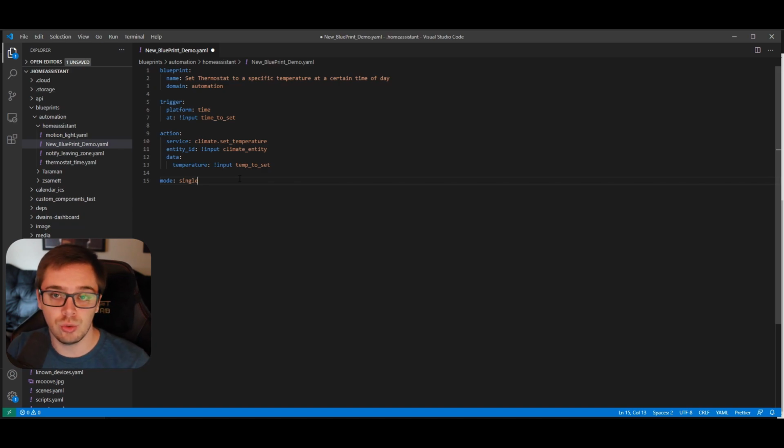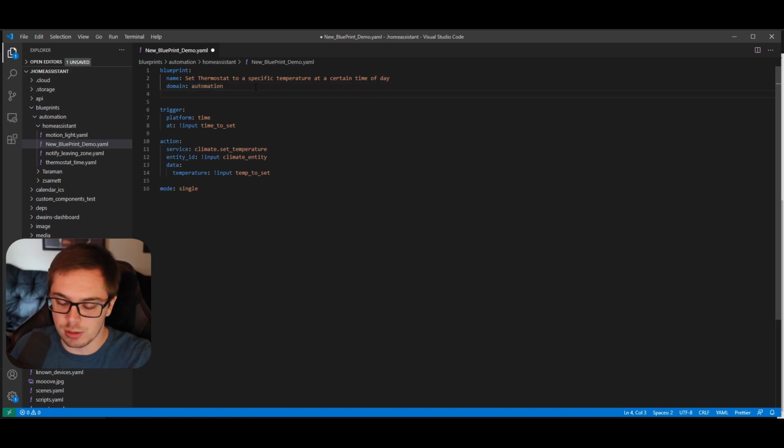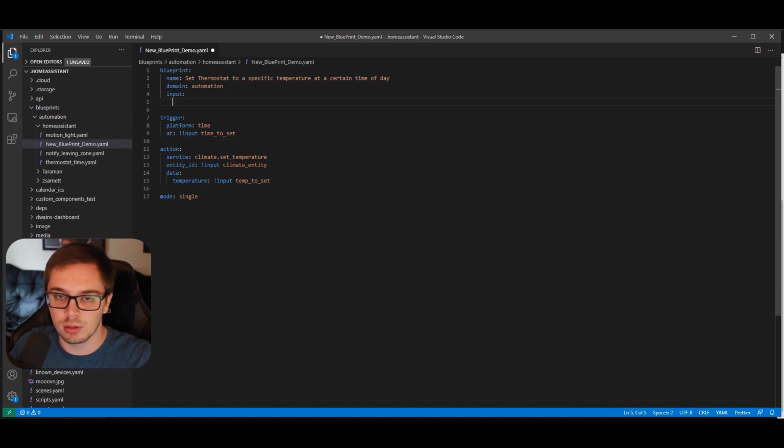But we do need to set up what these variables that we created are, so each one of these inputs. To do that, we're going to go back up to the blueprint section. And here is where we create some input config. So we say input, tab over, and inside here, we're doing